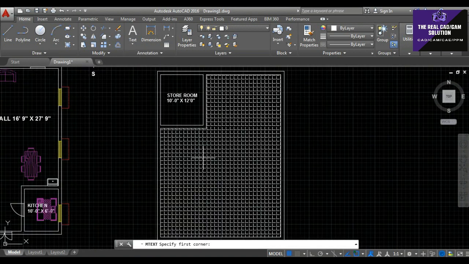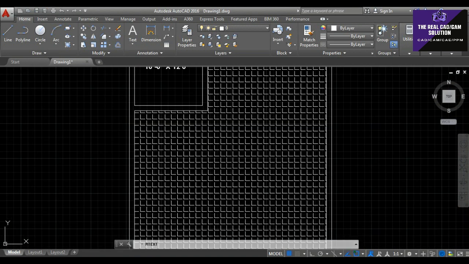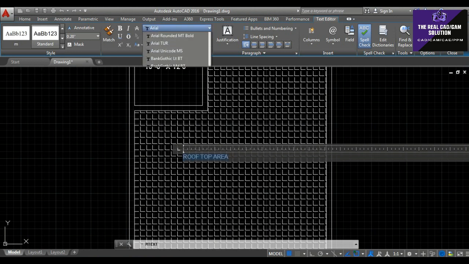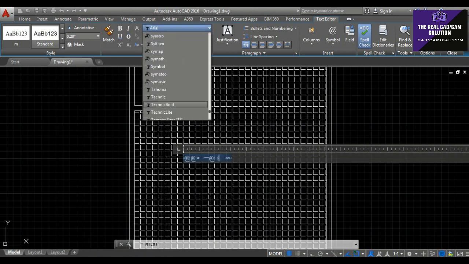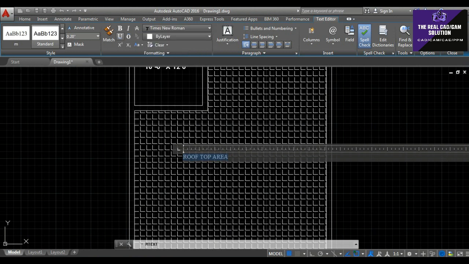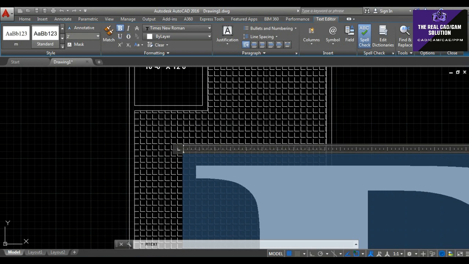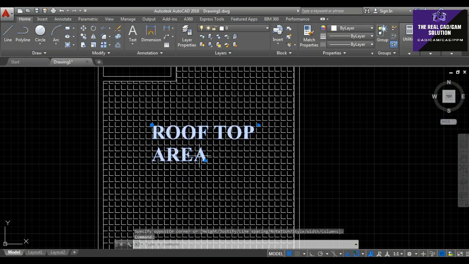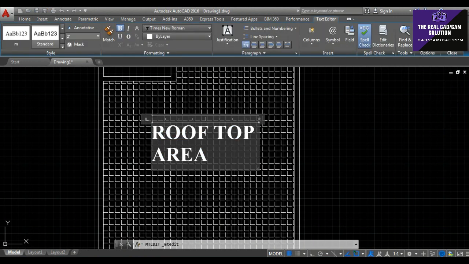And then go to the text, just draw like this and give the rooftop area. Just click like this and go to Times New Roman. It's the best presentation format, so I choose like this, rooftop area.